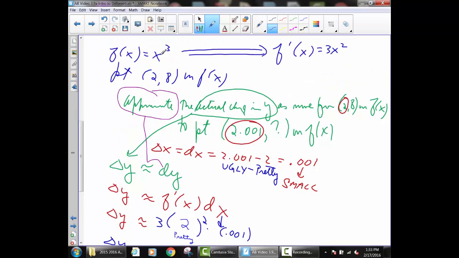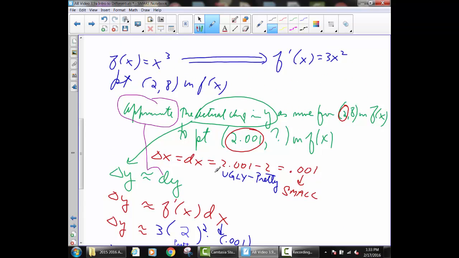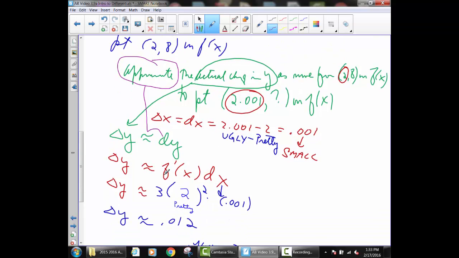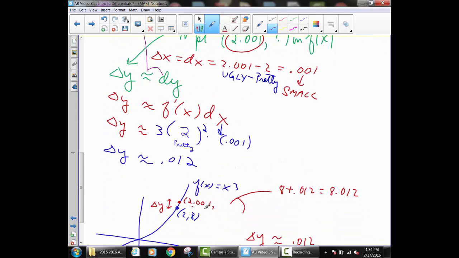So here was our f of x. Our f prime of x is 3x squared. So we're going to have f prime of x, which is 3x squared at the pretty number, which is the 2, times the delta x or dx, which is the 0.001. And what you'll find out is that's 4 times 3 is 12 times 0.001 is